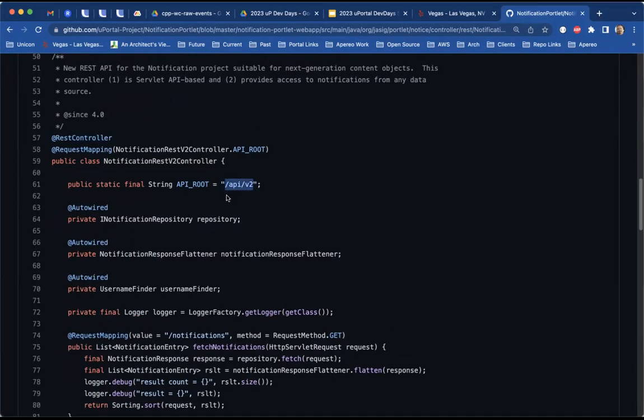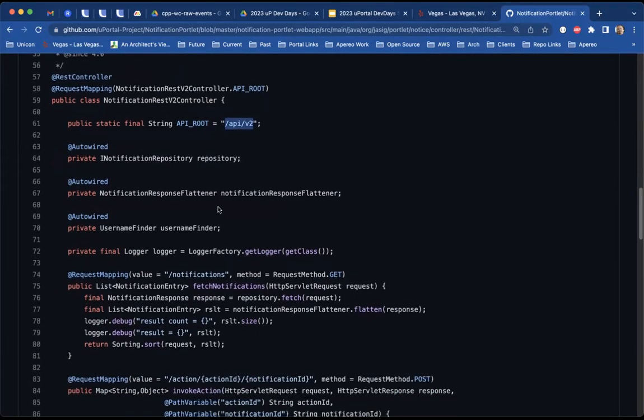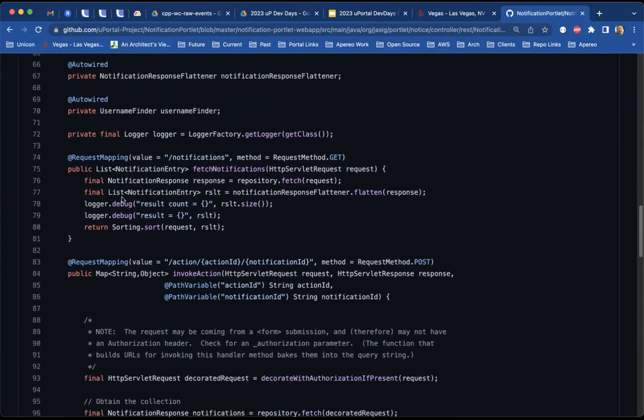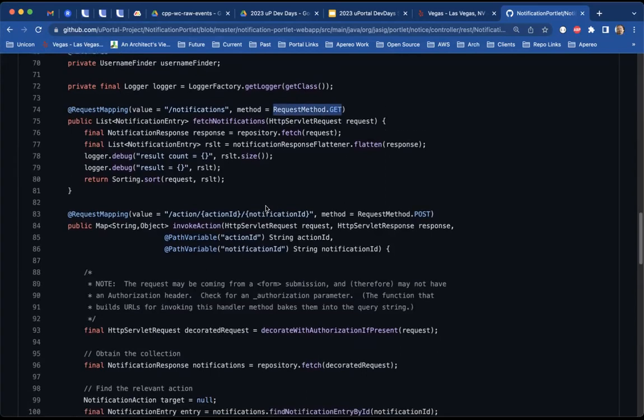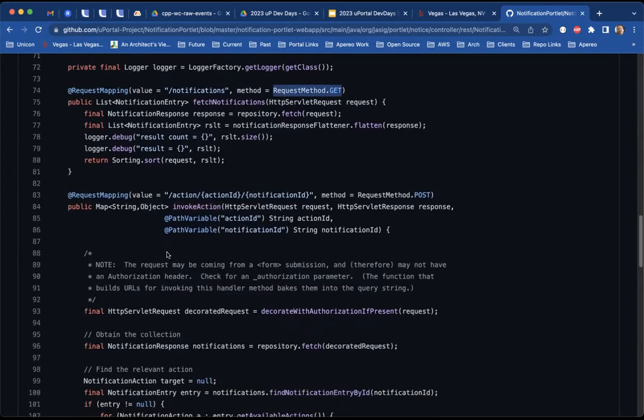All right, so if you're writing code to hit the notifications API, it'd be notifications slash API slash v2. Standard Spring annotations for auto wiring. And then we get in here and we do our notifications, and the method is we're using a get call. Right. And so we've really gone from kind of the higher level processing and requests in the portlet controller to a simplified resource